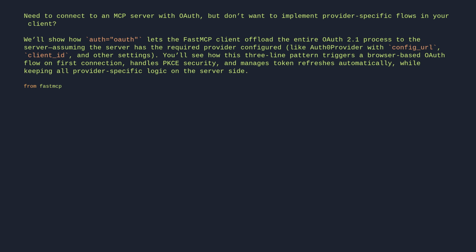From fastmcp import Client. # Uses default OAuth settings. async with Client("https://fastmcp.cloud/mcp", auth="oauth") as client: await client.ping()